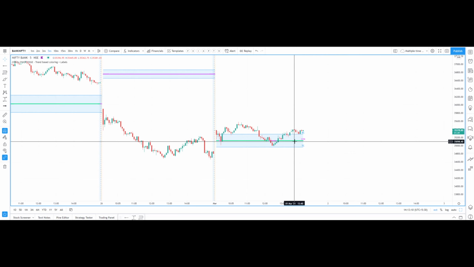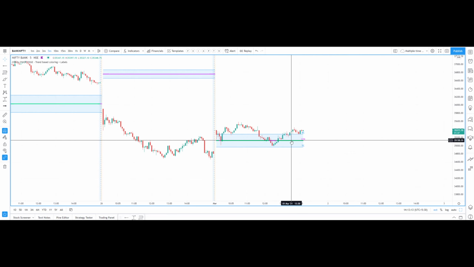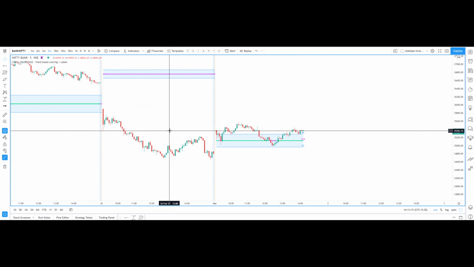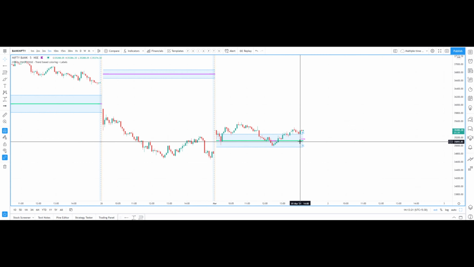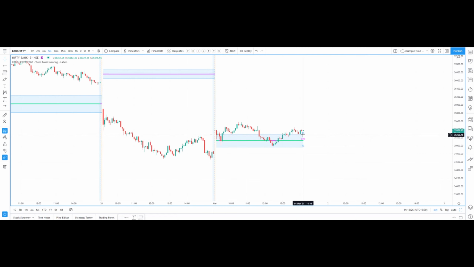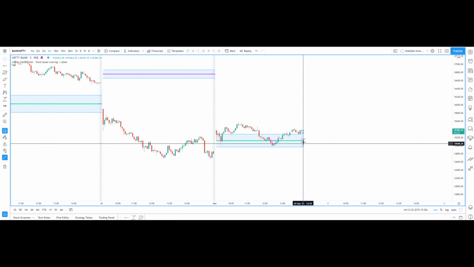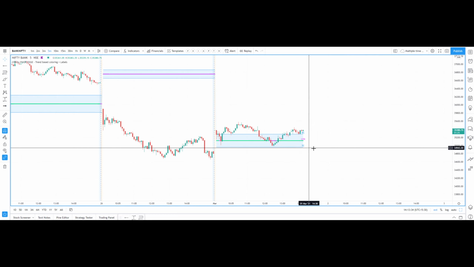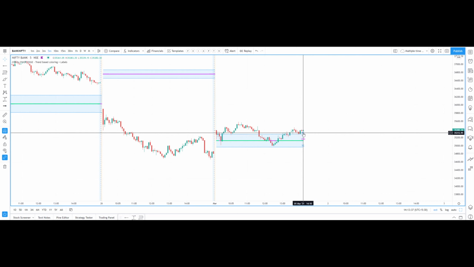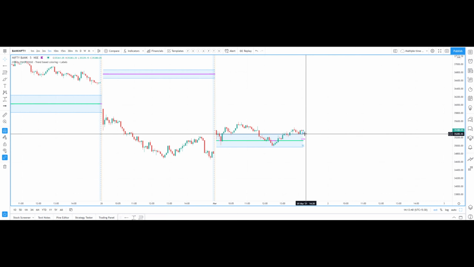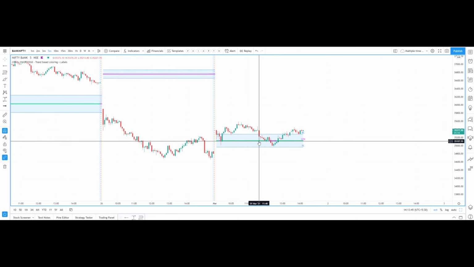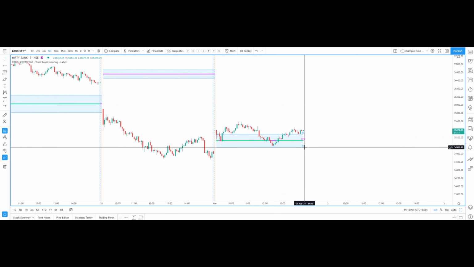Normally the calculation for this central line pivot is taken as the previous session's high, low and close, the sum of all these three divided by 3, and you get this plot. For BC you get high plus low divided by 2, and the difference between the pivot and the BC is offset again and taken as TC. Normally the BC will be at the bottom and TC will be up, but it can interchange based on the price values, but always the highest value is taken as the TC.